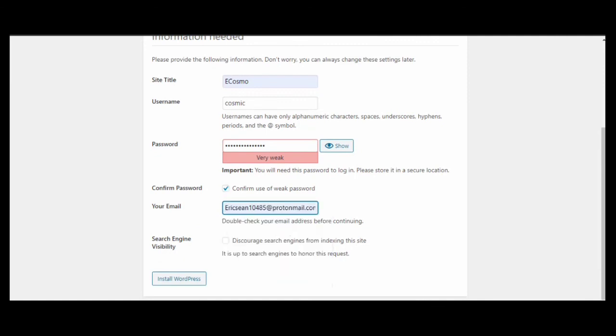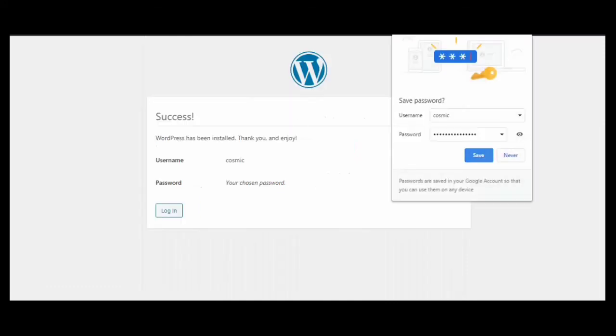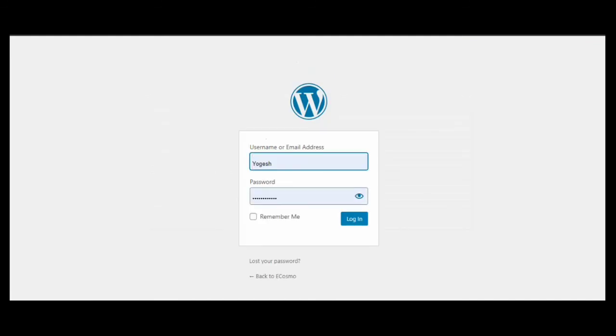Now install WordPress. As soon as you do this, it will take you to the login screen. Here, provide the username and password. And login.